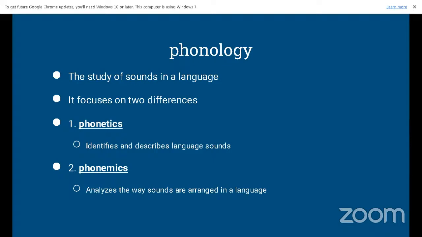Whether it is phonetics or phonology, they are branches of linguistics. Please remember. But by and large, we'll be looking at phonetics and how the speech sounds are given symbols, how they are transcribed,